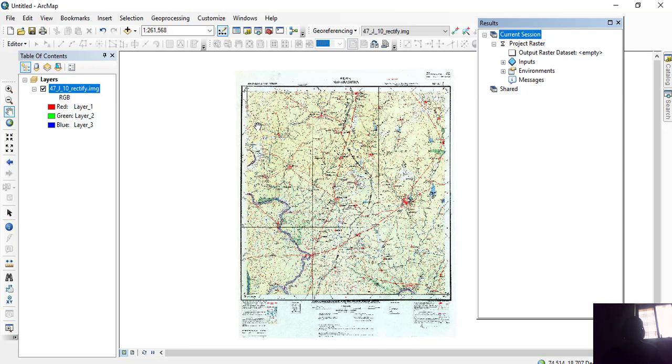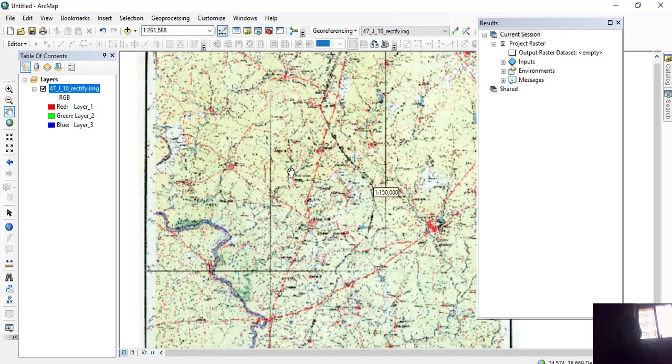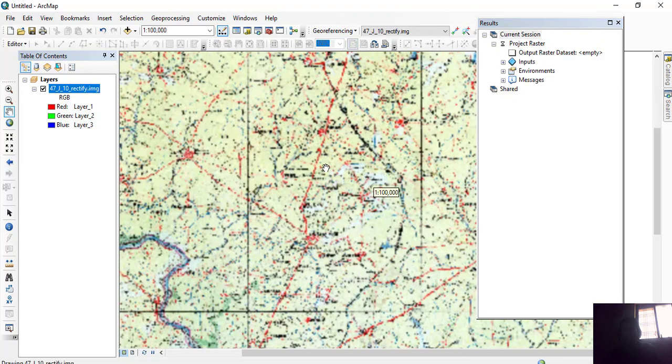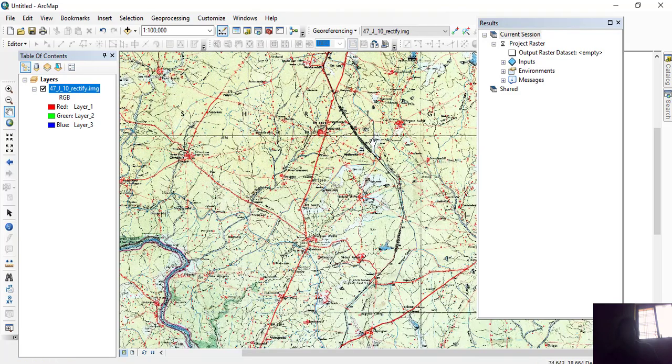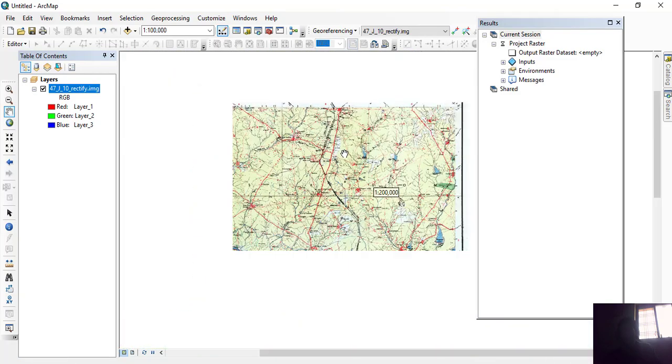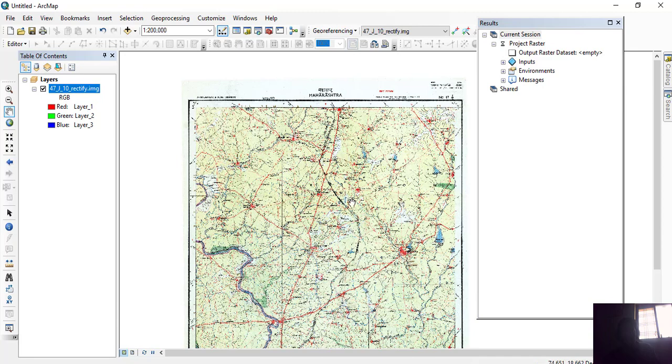In this particular transformation, just the coordinate reference system is being changed, and the rest of the things, like the appearance of the map, will remain the same. Not much change will be seen in the map display.